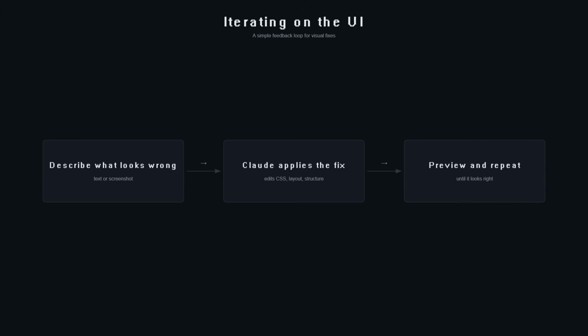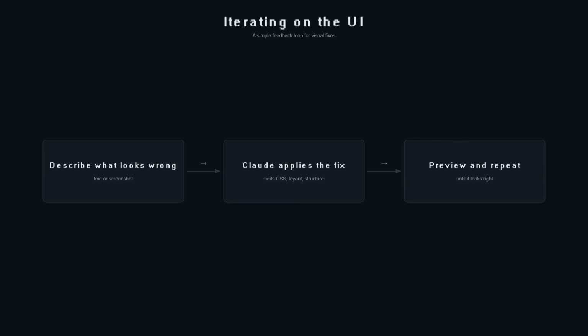And now let's also take a look at iterating on the UI. We've already looked at this, but I really want to make sure that every single one of you understands this. Iterating on the UI is a simple feedback loop for visual fixes. So usually, whenever you want to fix something, when you want to improve the quality of your product, you describe what looks wrong. And in order to do so, you use either text or screenshots. So the way we did up to this point. Then Claude applies the fix. So it does CSS, for example, the layout, the structure,